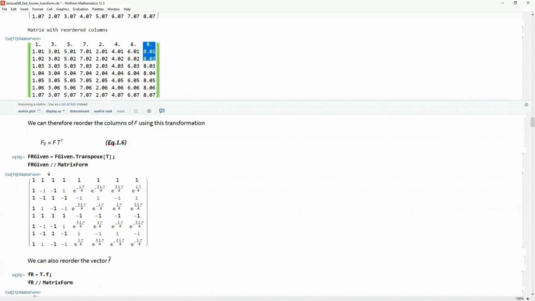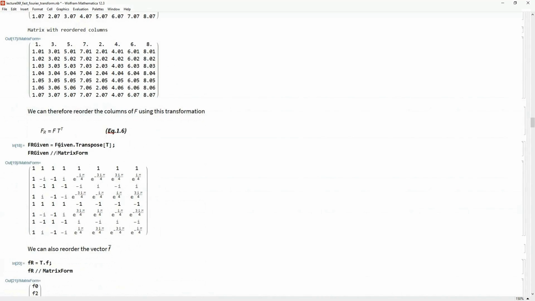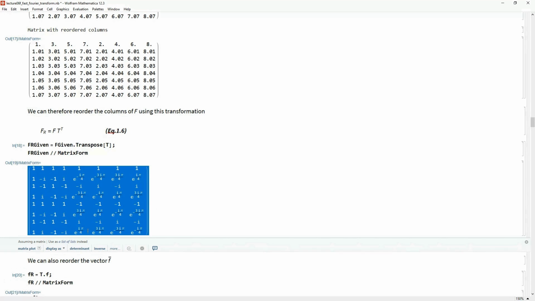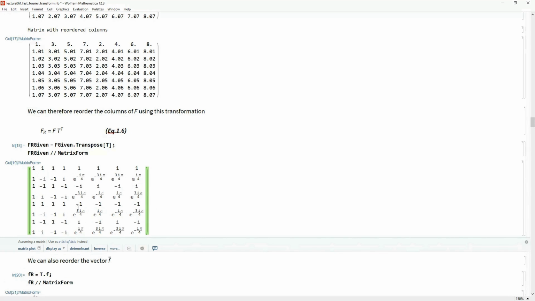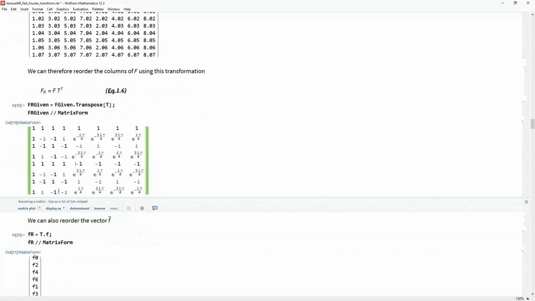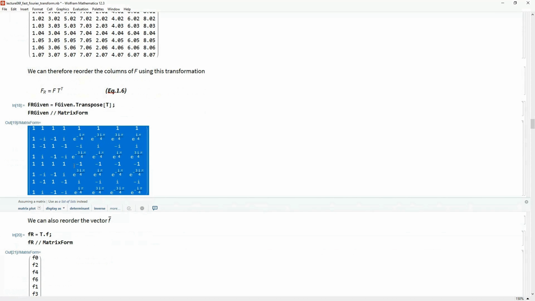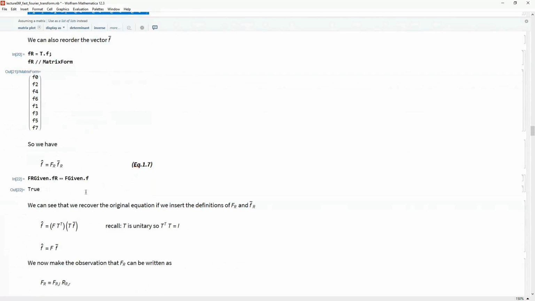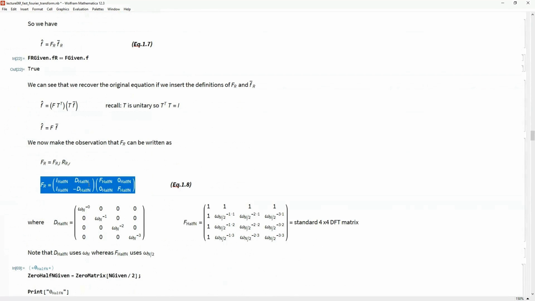So let's go ahead and reorder our F matrix. We will reorder it by right multiplying by T transpose. All that does is leave us with that dense 8 by 8 matrix right here. This is FR, the reordered DFT matrix. This is what we are going to claim we can rewrite. Keep this in mind, because this is what we're going to have to compare against at the end of the day. We want to make sure that we can recreate this by using these two